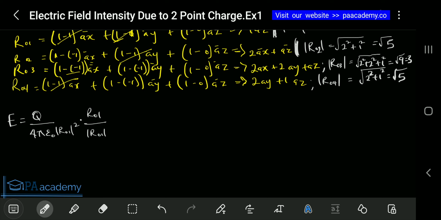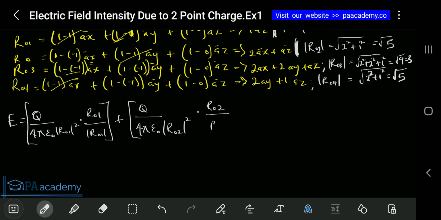Then plus, let me put it in square brackets, plus Q over 4 pi E naught, then R02 all squared, that's the magnitude, multiplied by R02 over R02, which is the magnitude. So this is for the second charge, which is P2. So then plus